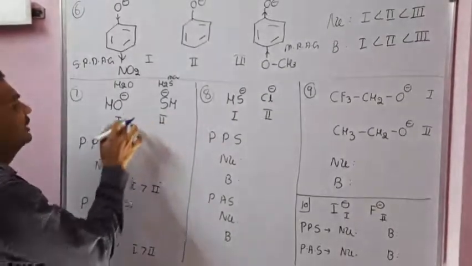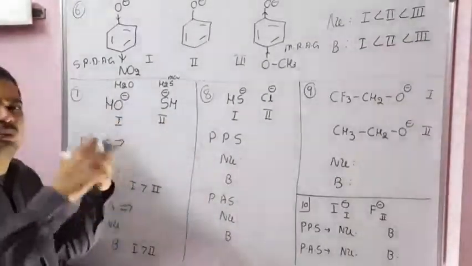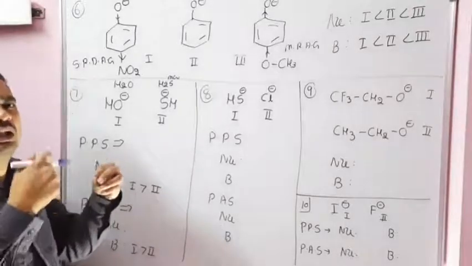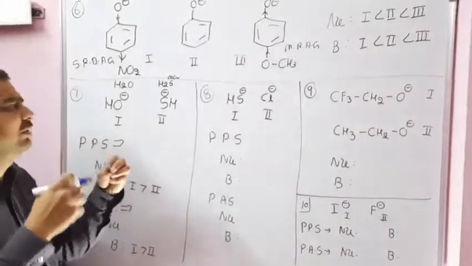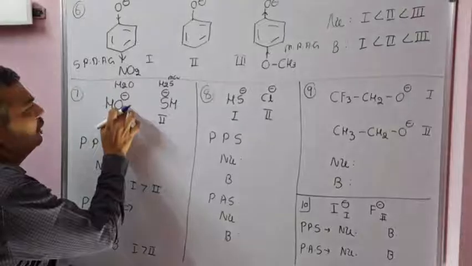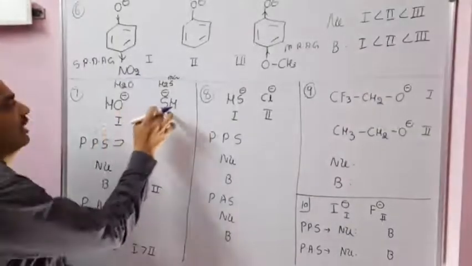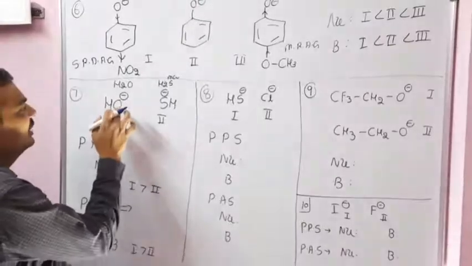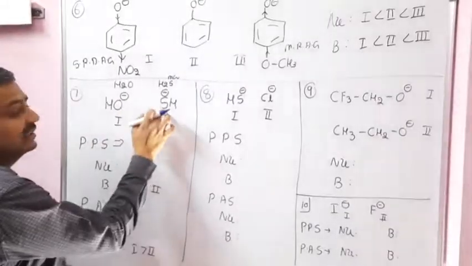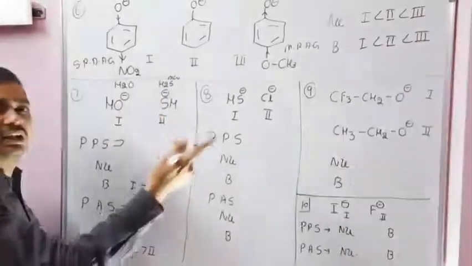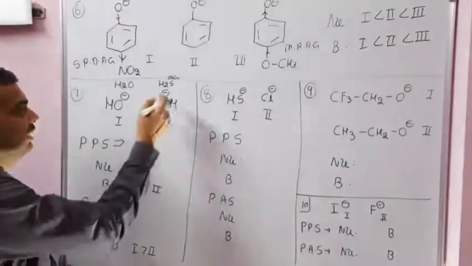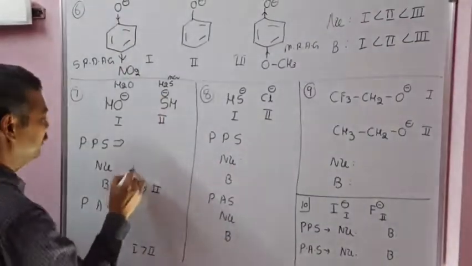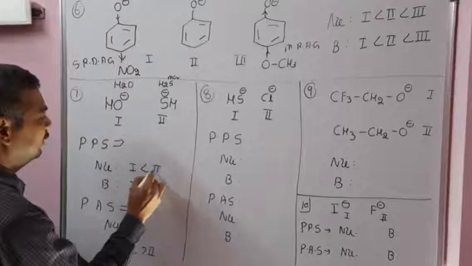Small size in protic solvent, so it accumulates more water layers. Sulfur forms fewer water layers. Why? Because electron density is more here, more layers will form. Electron density is less here, so fewer layers will form. As a result, after solvation, the size is more for one and less for the other. That means this is readily attacked as a nucleophile because fewer layers form. So the nucleophilicity of 1 is less than 2.